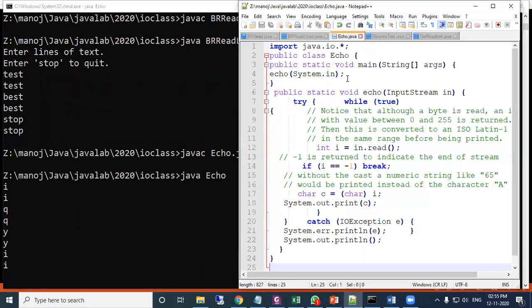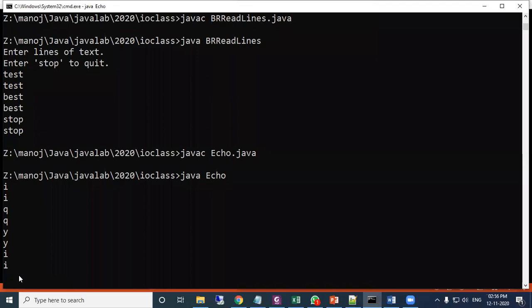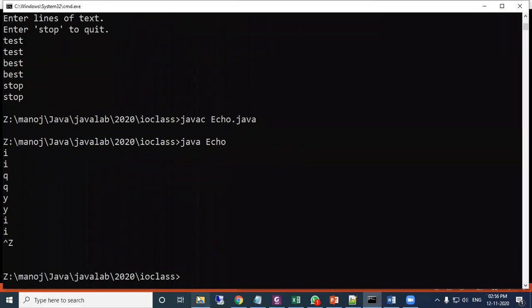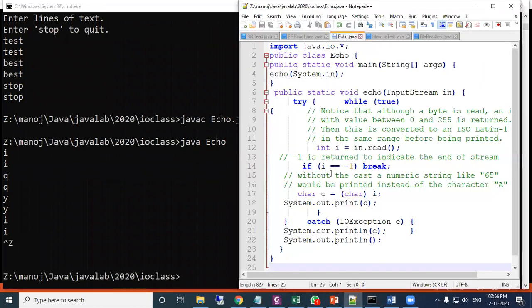That is written in this program. The data will be stored in i in integer form, then here it is converted to c, and that c value is printed on the screen, and again the loop comes back to this, and because of while true, it enters again. So when I press Ctrl Z, it will terminate. The -1 value, when I press Ctrl Z, it is terminated and comes out of the loop.